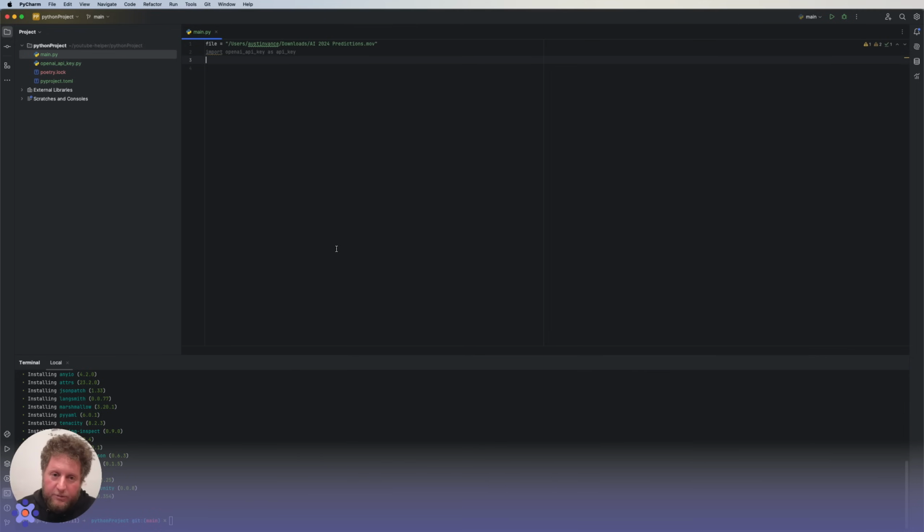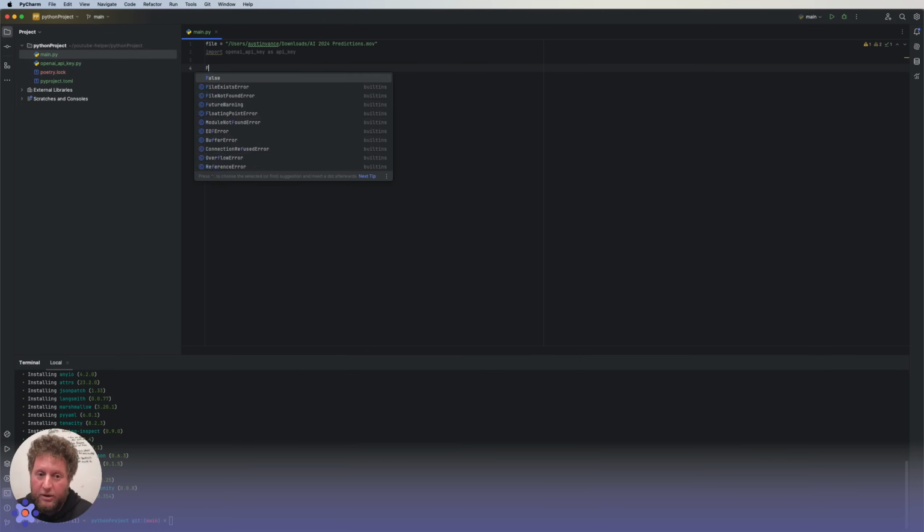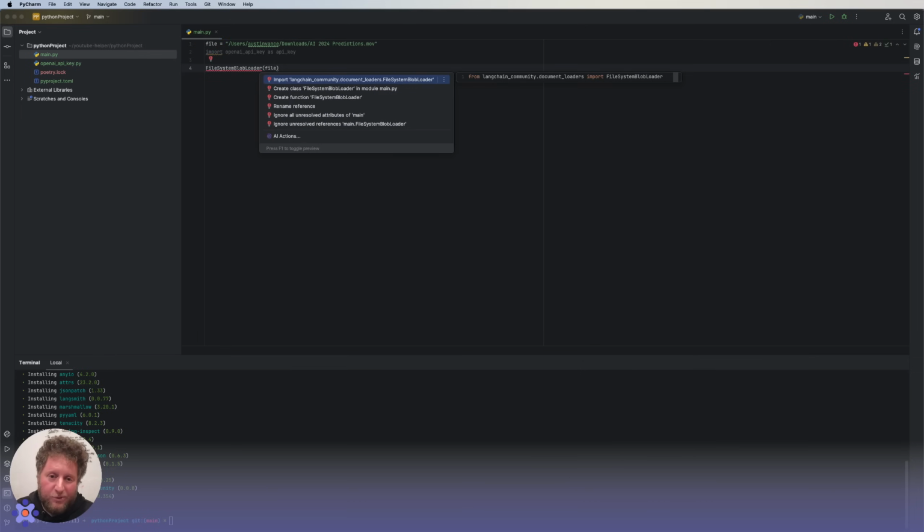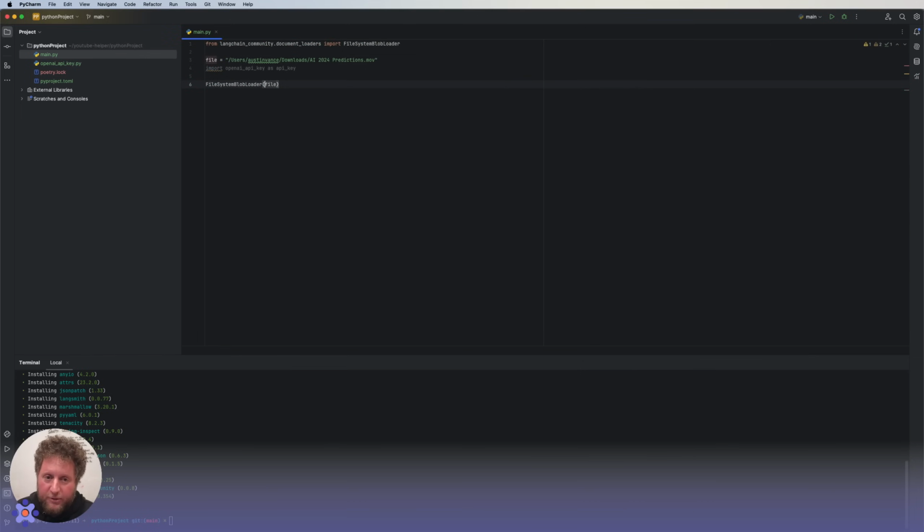So I have this file, which is my video, and I need to get that up into the Whisper API, and luckily LangChain gives us some tools to do that. I have a file system blob loader, which is a simple tool to load a blob off the file system. The signature is pretty easy. You can just pass a file in. I like using non-positional arguments, just kind of who I am. And now we have our blob loaded up.